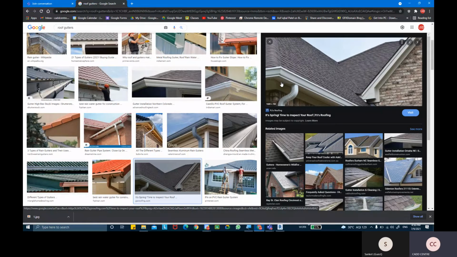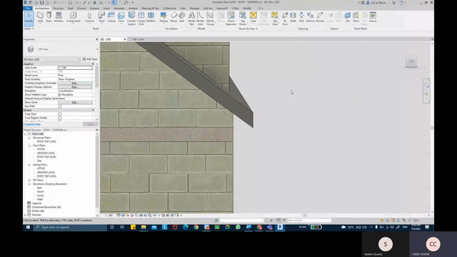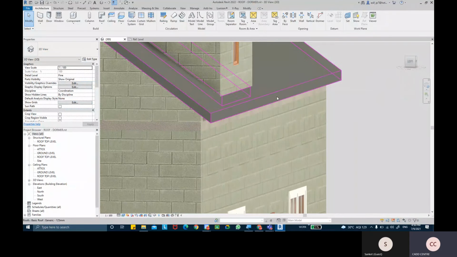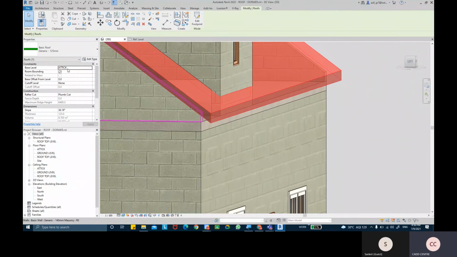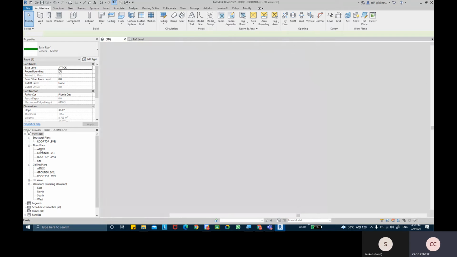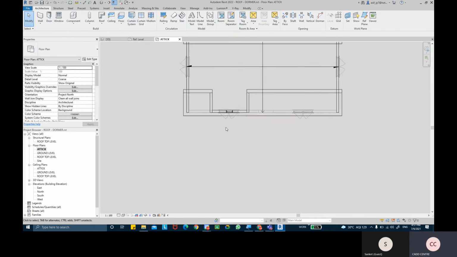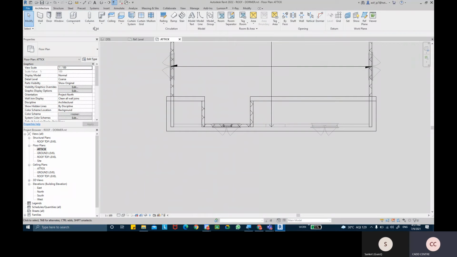Okay, so let's create that soffit. To create the soffit, it is advisable that you go to the specified level. On which level did we create the roof? On the attic level. So we'll go to that level. When you select the roof, it will also tell you that the base level is attic. That means we need to create a soffit in that same level. So we'll go to that specific floor level, and then I can pick the roof tool and take roof soffit.